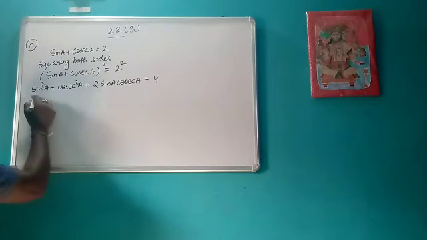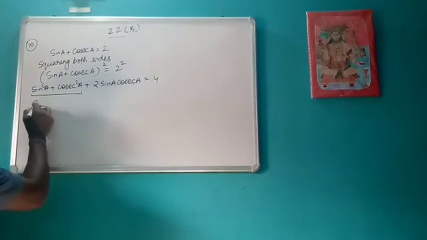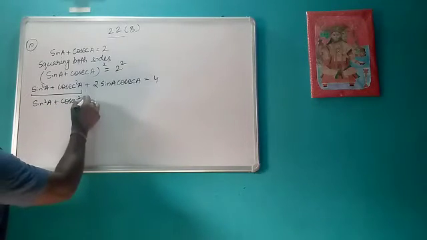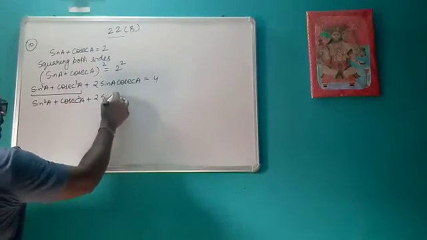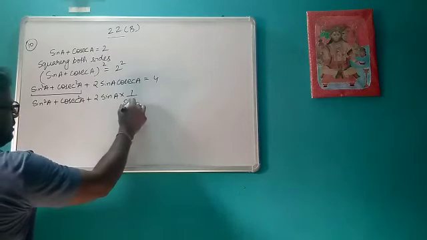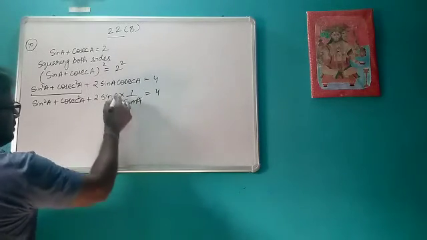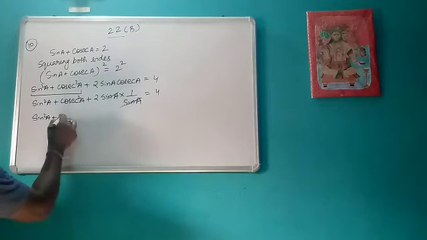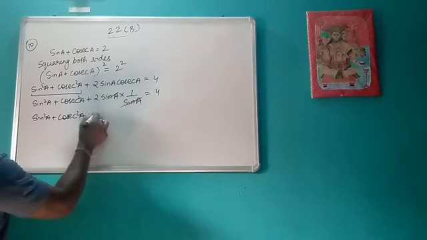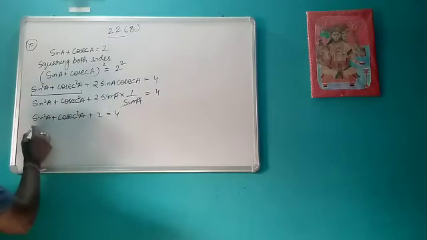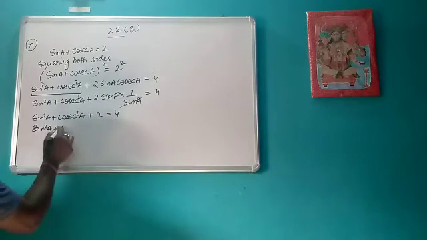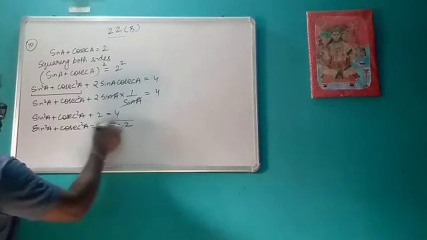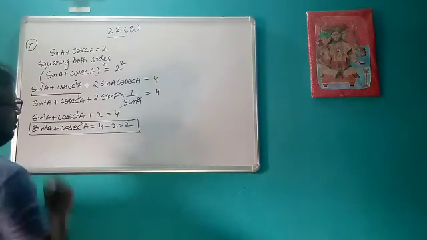Okay, so this is our desired value. Now, when I started the chapter, I have told you one thing, that cosec is actually the reciprocal of sine, is it? So we can write it like this. So these two will cancel. You will get sine square A plus cosec square A plus 2 equals to 4. That means, what is your sine square A plus cosec square A? 4 minus 2, that is 2. Okay. So this will be your answer.